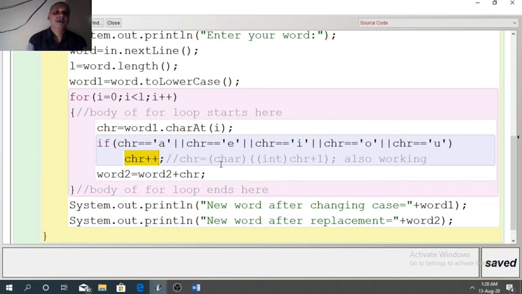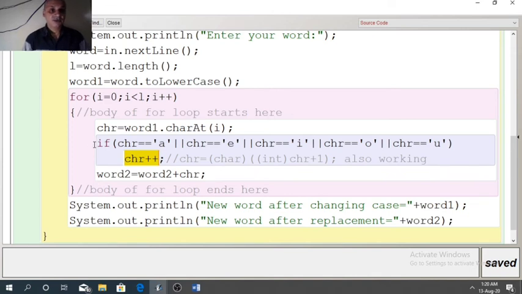It means if vowel is found, then that vowel will be incremented by 1. It means a will become b, e will become f, i will become j, o will become p, and u will become v. So vowel will change to the next character following it.